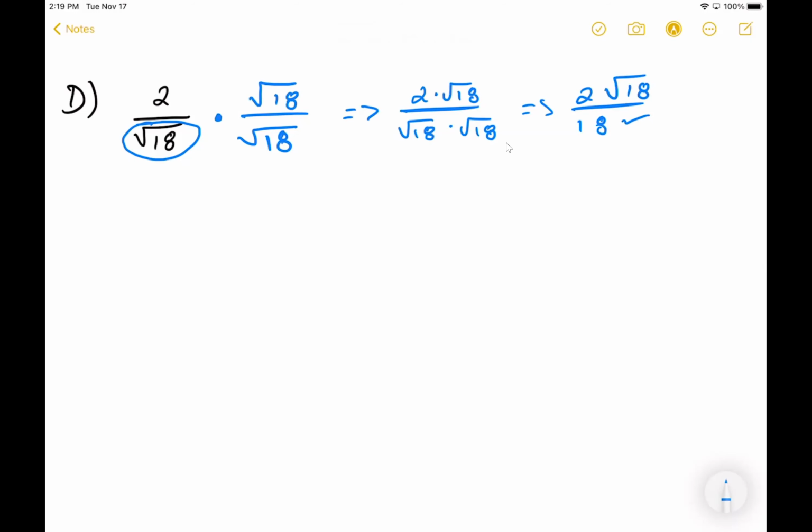And that's what rationalize the denominator tells you to do. Whatever the denominator, if we have just a single radical, to get rid of the single radical, all we need to do is multiply that radical on the numerator and multiply that radical on the denominator. Okay, and if you were to give me this answer,